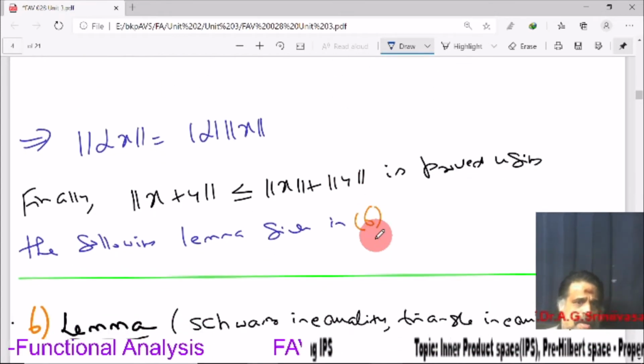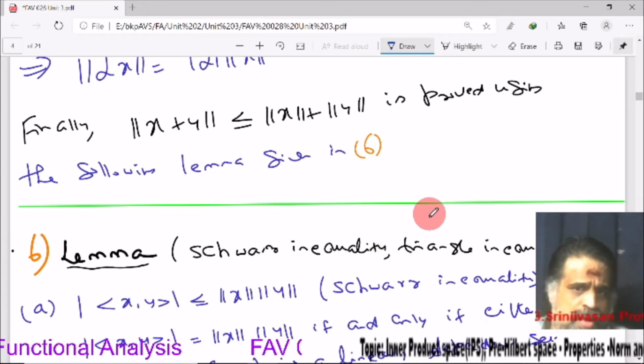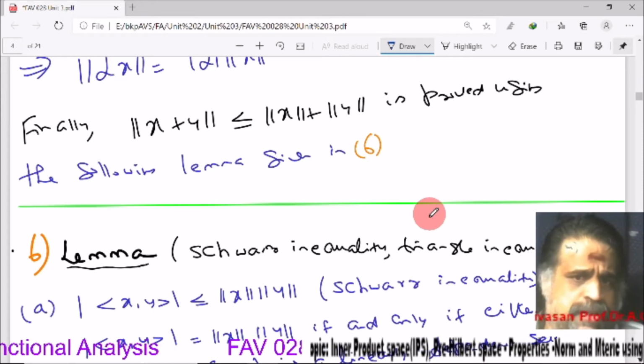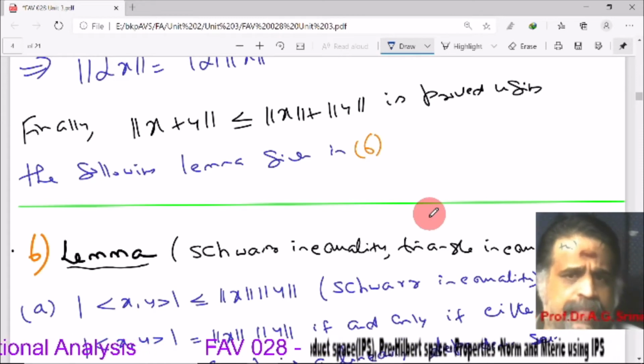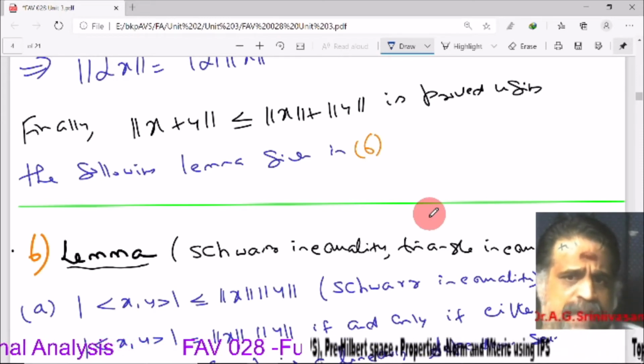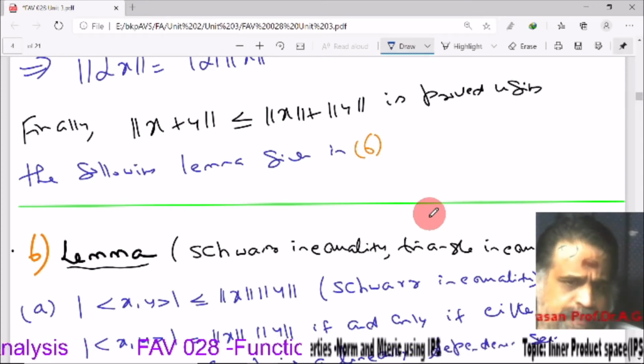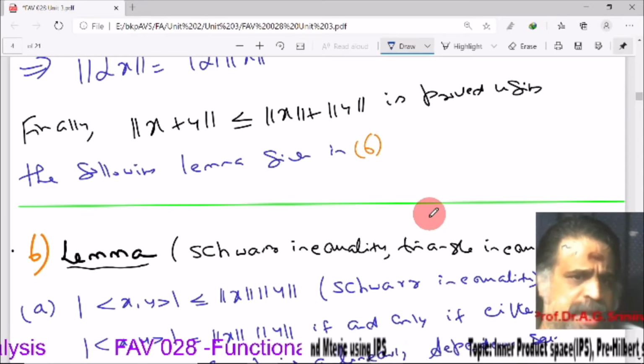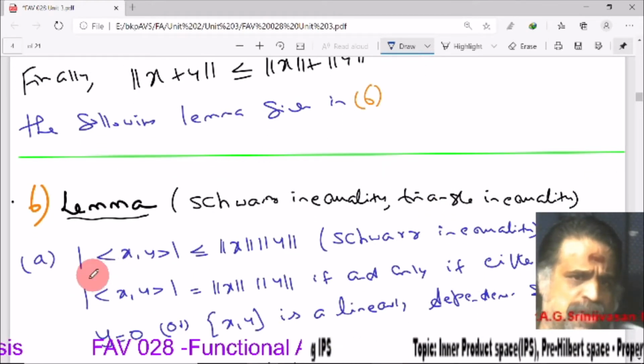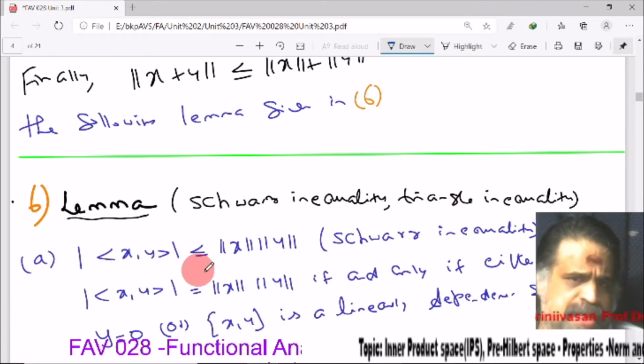The lemma is as follows. We need first a Schwarz inequality to prove this. Then we will use this Schwarz inequality to prove triangle inequality. What is Schwarz inequality? It says modulus of inner product xy is less than or equal to norm x into